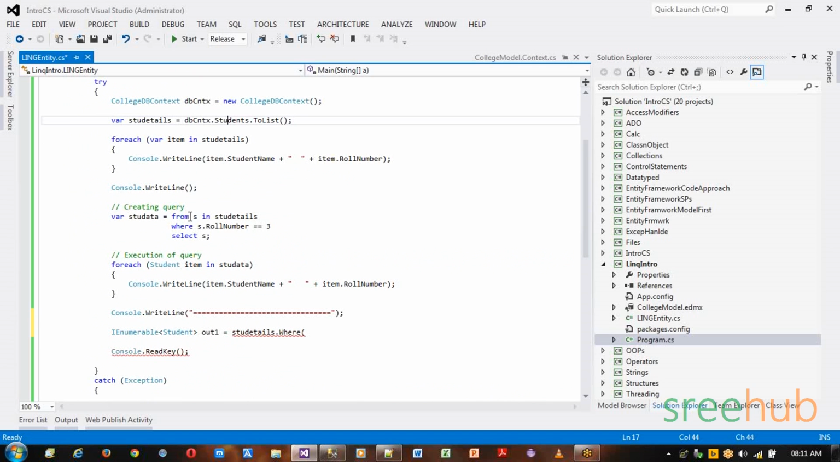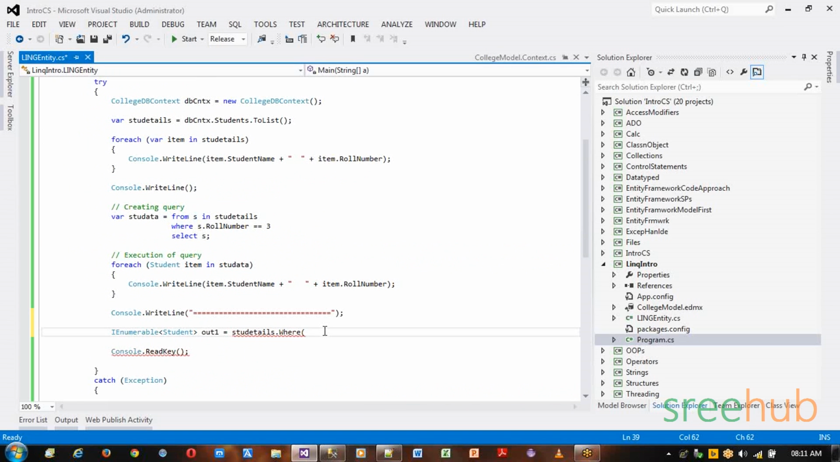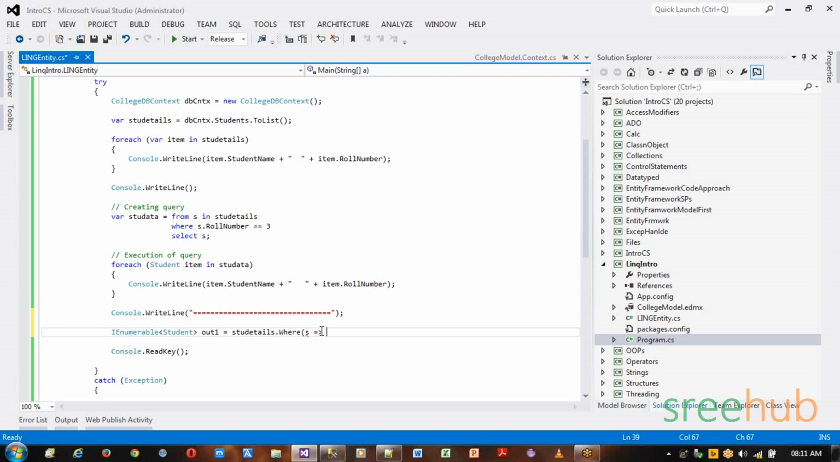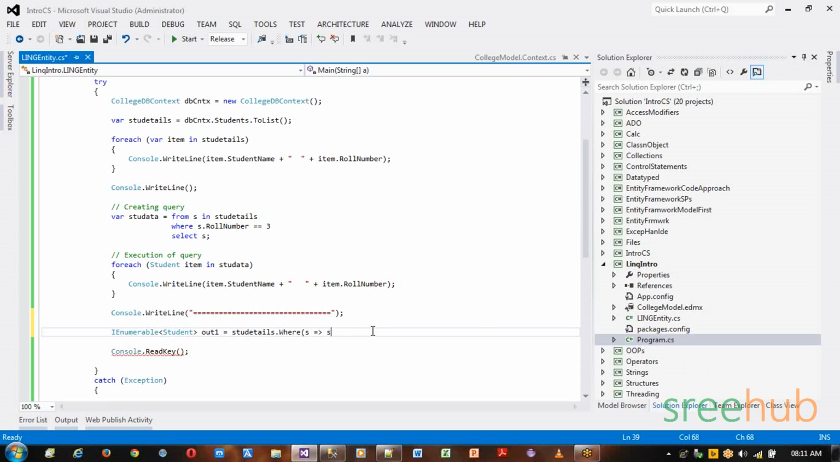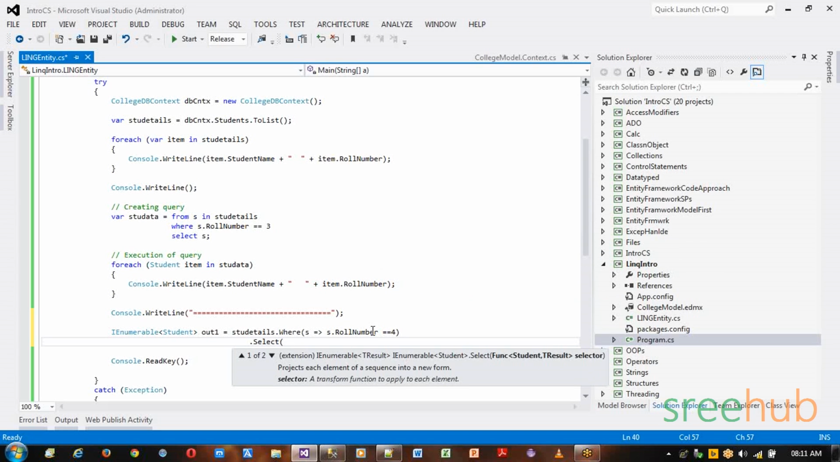Now whenever I say S, I'm pointing to each student in this collection of students. Same way here, let's take S itself. S is my variable. I'm using lambda, which means I'm trying to point each student with S. And what do you want? I want the roll number to be 4, right? Dot, and you can go to the next line and say dot select of, now again, what do you want? I want all the students